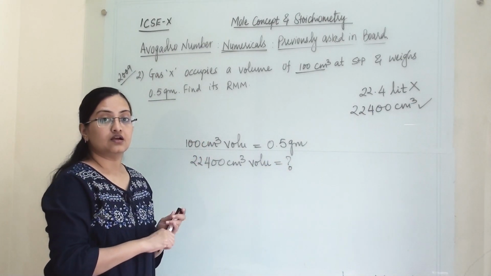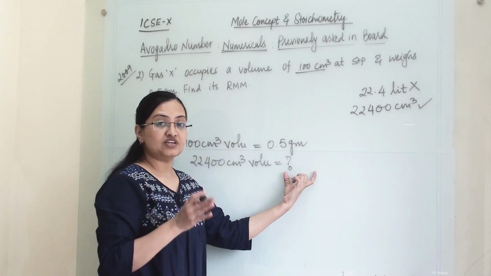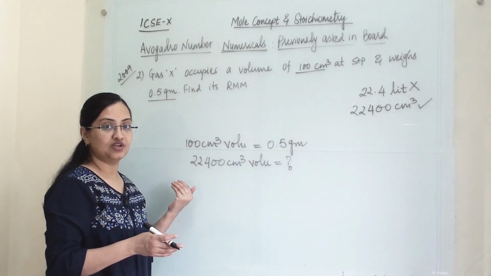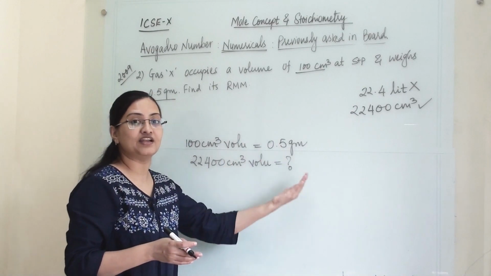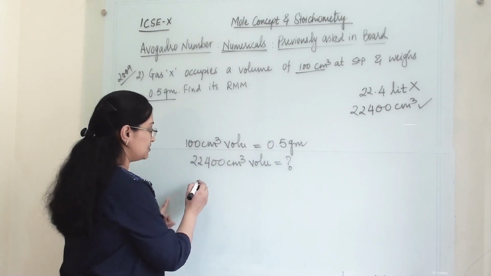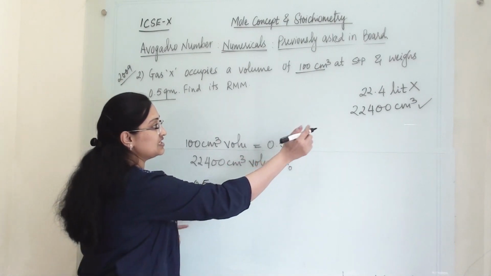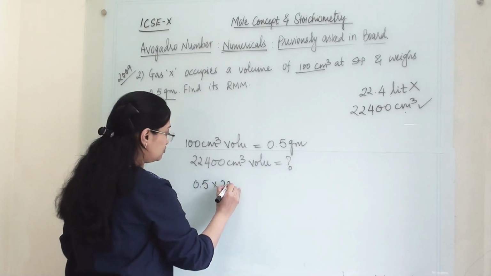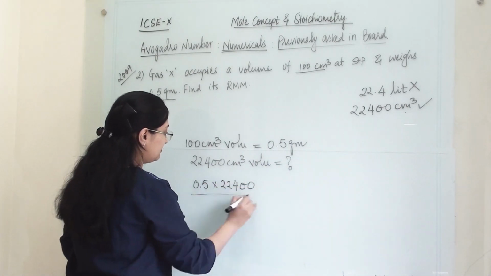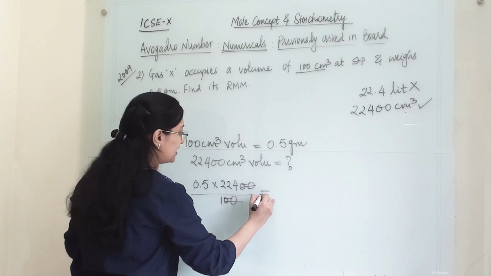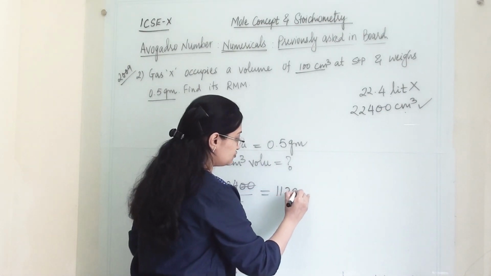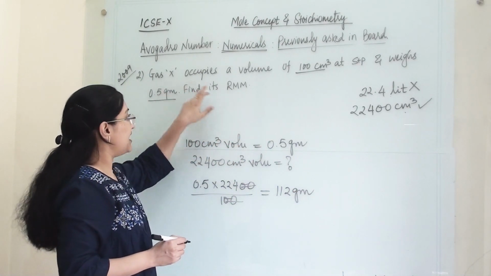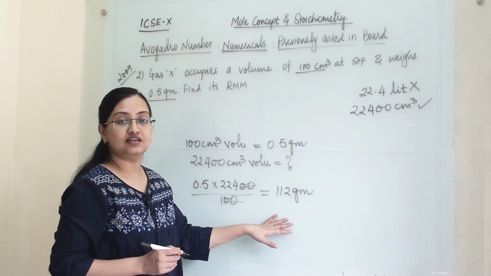This is exactly opposite situation. In previous numericals we had molecular mass and from that we were finding out the volume. Here they have given the volume and we are finding out the molecular mass. So here 0.5 and the difference is here we are using centimeter cube and not the liter one. So 0.5 into 22400 divided by 100. So this will go and our answer will be 102 gram. So this will be molecular mass for this compound X, and this we also say that this is relative molecular mass.